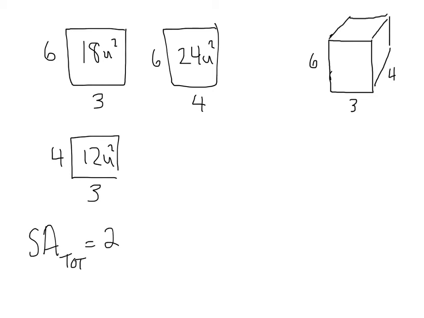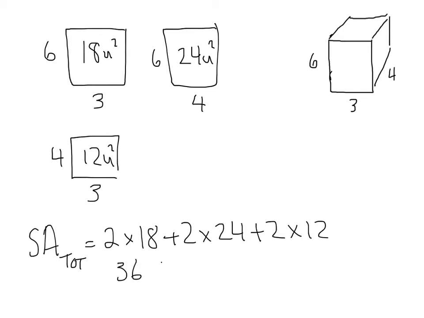is 2 times 18 plus 2 times 24 plus 2 times 12. You could also do 2 times the sum of 18, 24, and 12. And this is going to get you 36 plus 48 plus 24, which is going to be 108 units